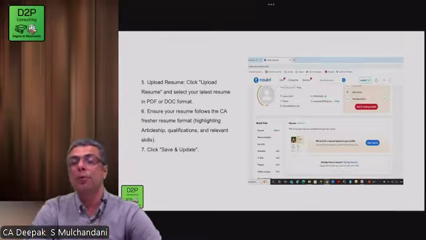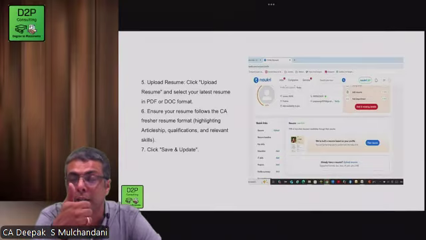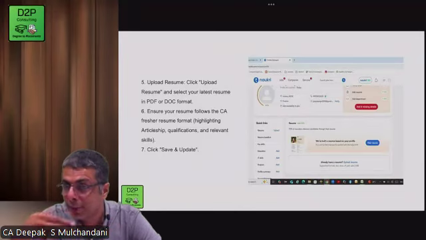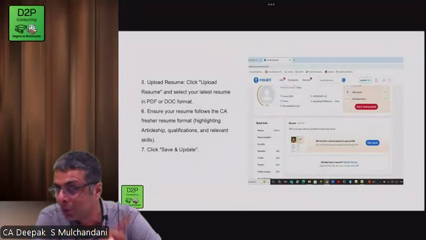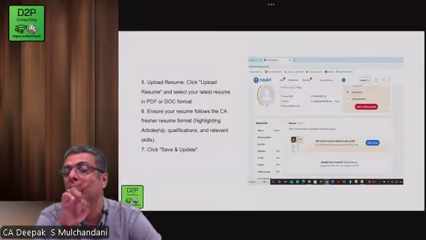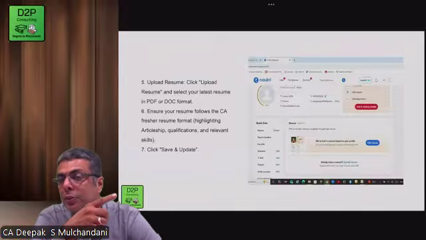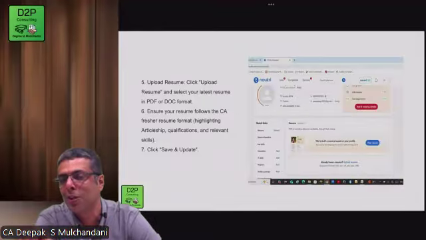Then you go and upload your resume. The moment you have a nice resume, you need to upload it here. So see the sequence, understand the chronology. A good resume leads to a good LinkedIn profile. A good LinkedIn profile leads to a good Naukri profile build-up, and everything gets interconnected, and the resume you prepared on day one gets uploaded on the Naukri profile.